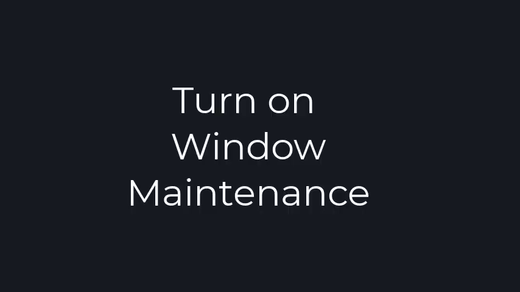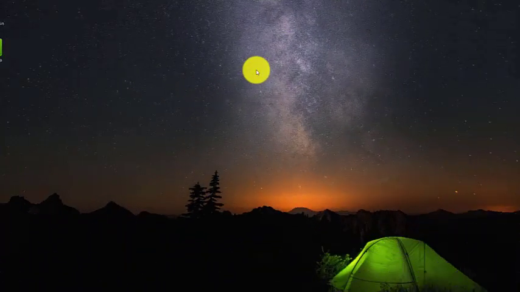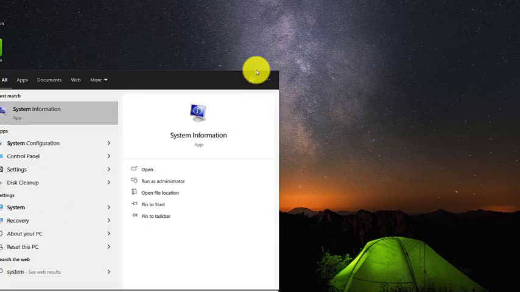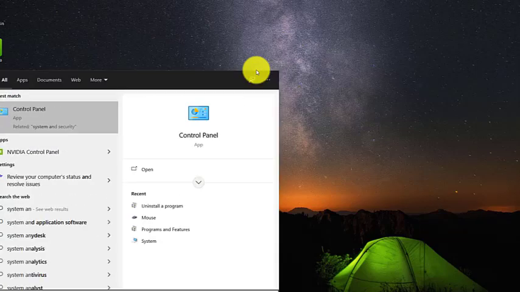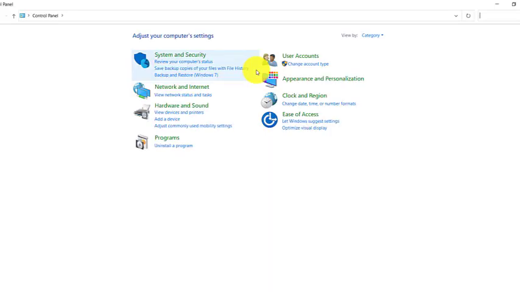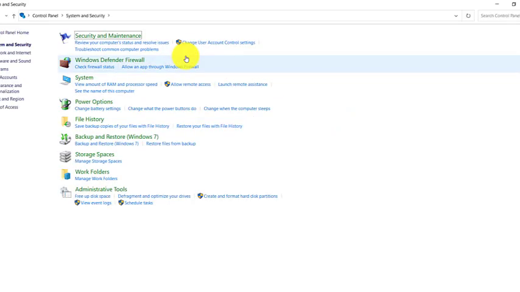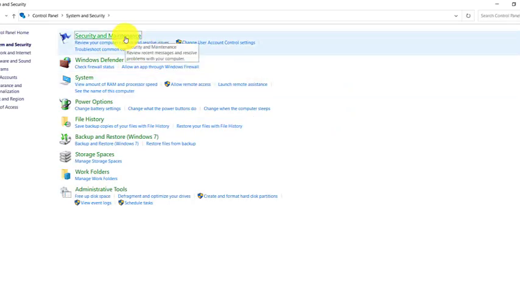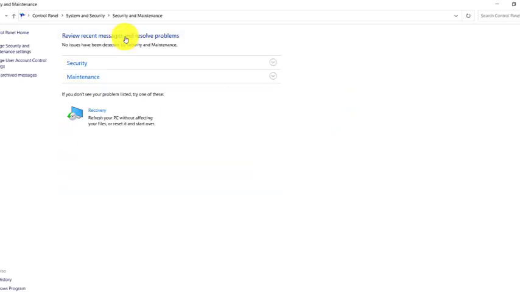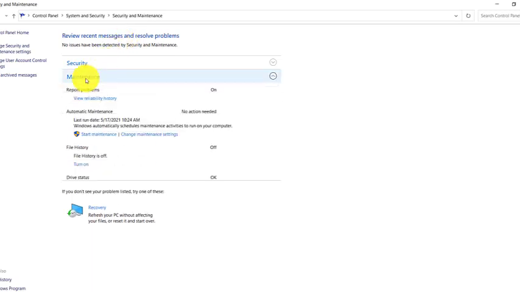Okay, now the next step which we are going to do is to turn on the automated Windows maintenance. So first we have to go to the control panel, and here we'll go to the system and security option, and here you can see security and maintenance, so just click on that, and here you will see the maintenance.